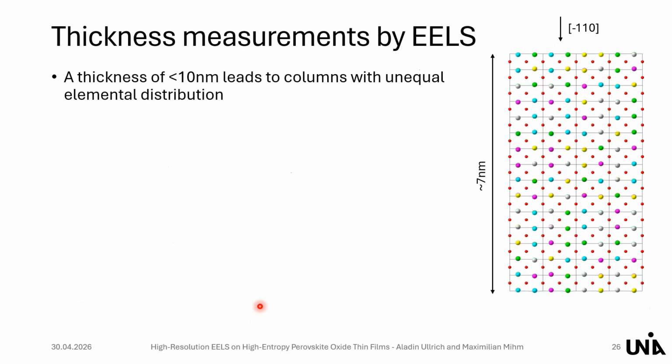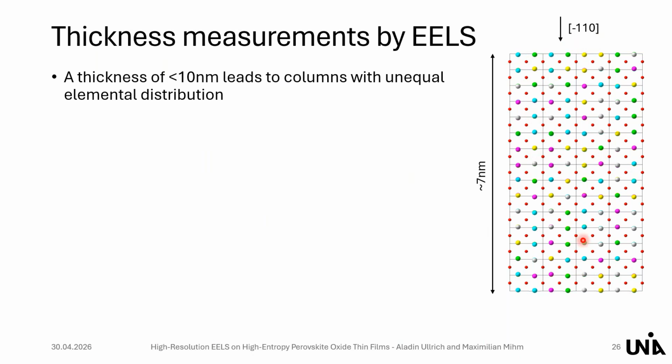So let's go on with this value, again to some structure. I made a model of our sample with the specific structure we expect, with a thickness of about 7 nanometers, and I filled it randomly with 5 different atoms, indicated here by 5 different colors, in between the manganese host lattice given by the red atoms. We have a viewing direction, in our case, of the -110. So that means we get approximately this arrangement of atoms here.